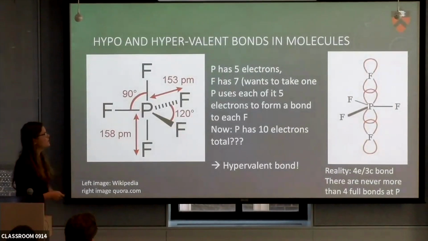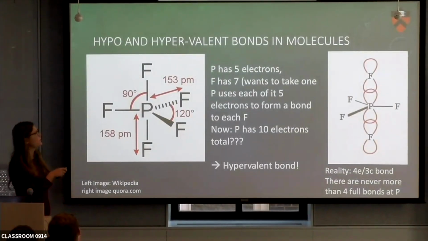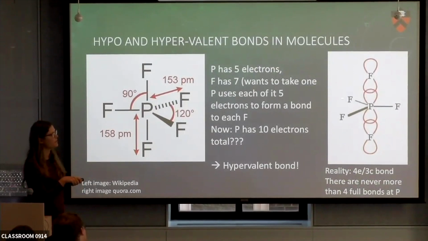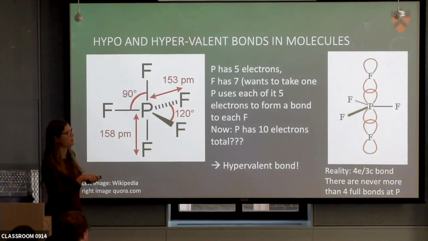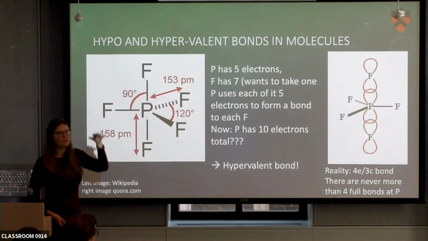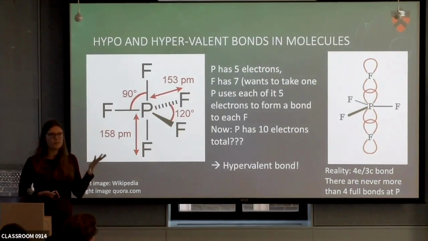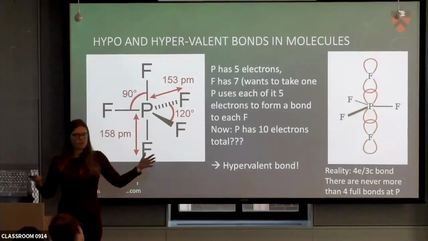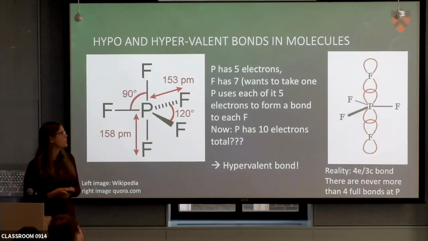So you can also have the opposite, where you're not electron deficient but electron rich. These are the hypervalent bonds. An example is phosphorus pentafluoride, where you would have 10 electrons because each of these bonds donates 2, and the phosphorus has too much, it's more than 8. So if you look at the real bonding in this molecule, you will have a 4 electron 3 center bond right here over the phosphorus, where your electrons are delocalized over this range of the molecule. So we get some local delocalization in the molecules, and these kinds of electron delocalizations are actually pretty common. So can we have them also in a solid, extended in 1 or 3 dimensions, was what I was wondering.